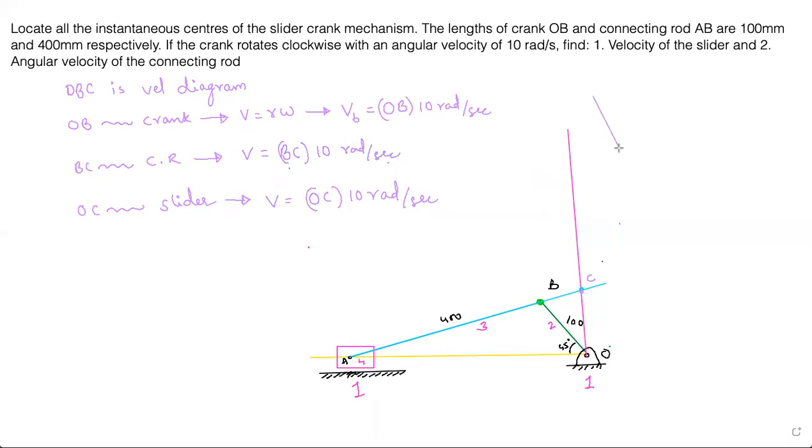See, so this is, I'm just replicating whatever we are looking at, and this is a vertical line, right? So vertical line, and let's draw it short and sweet. Let's draw the vertical first, so that we can connect it easily later on. Yeah, and this one. That's it. So now you can label it also. This is O, this is B, this is C. Using this, you are finding out the velocities.